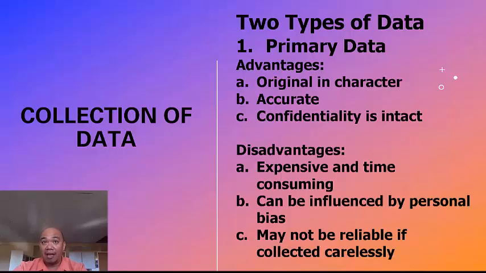If there are advantages, there are also disadvantages. One disadvantage of primary data is that methods of primary data collection are expensive and time-consuming. Second, the personal prejudice and bias of the investigator and enumerator can destroy the purpose of the survey. And the data may not be reliable if